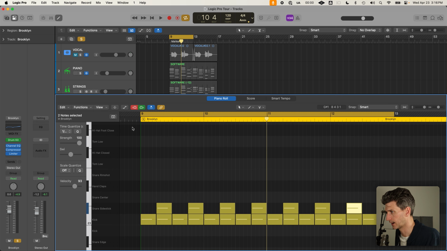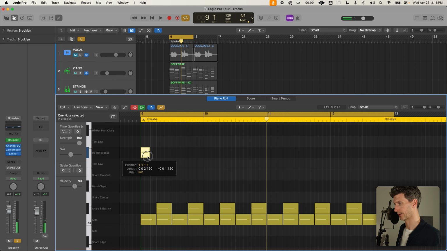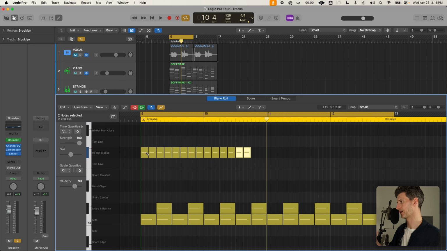Now I'm going to look for a hi-hat closed, and I'm going to add an 8th note pattern. So that means 8 notes within the whole bar. So see how this is 4 notes? I just have to add an 8th note pattern. So I'm going to add 1 in with this appropriate 8th note and Command R, duplicate it, and now I can do Command R, Command R, Command R, Command R, Command R, all the way